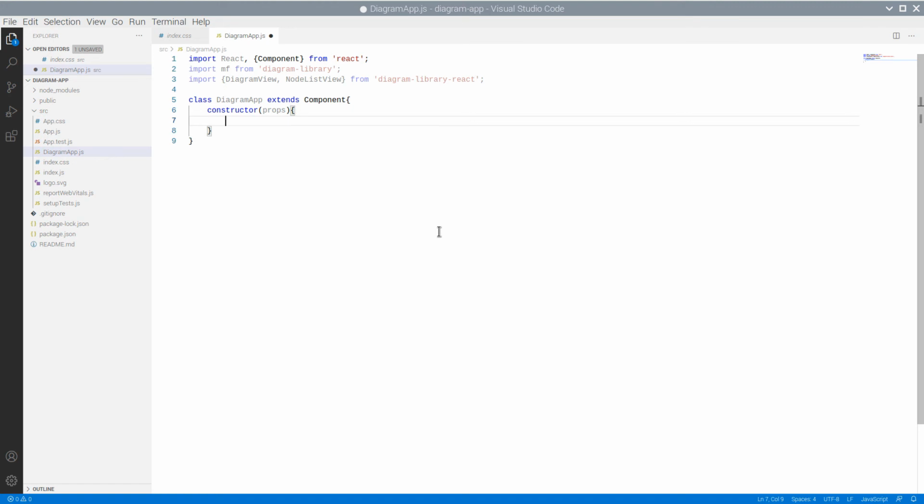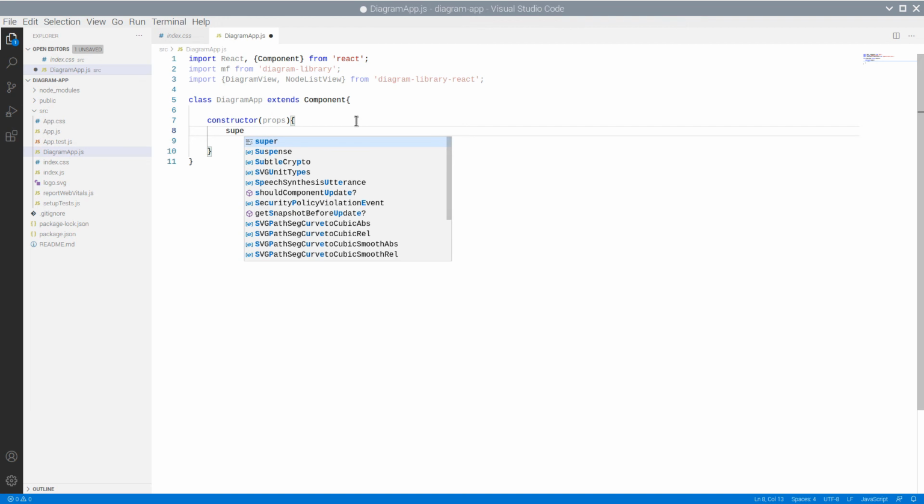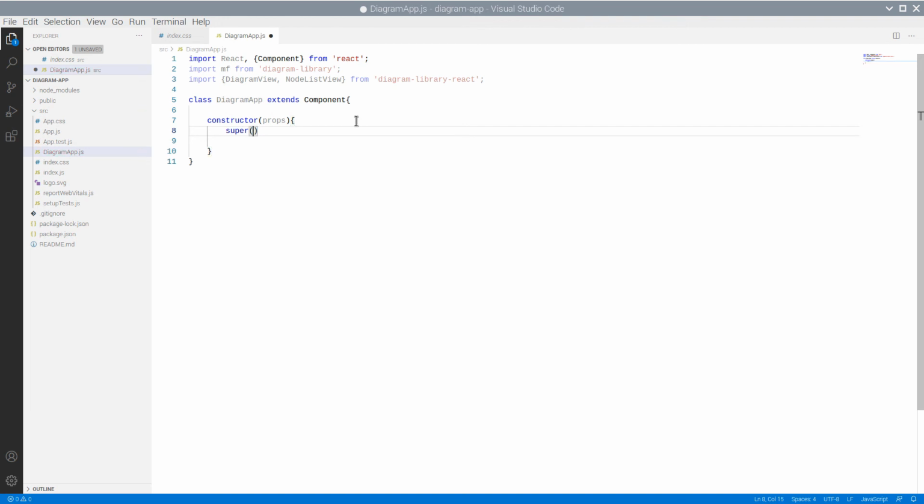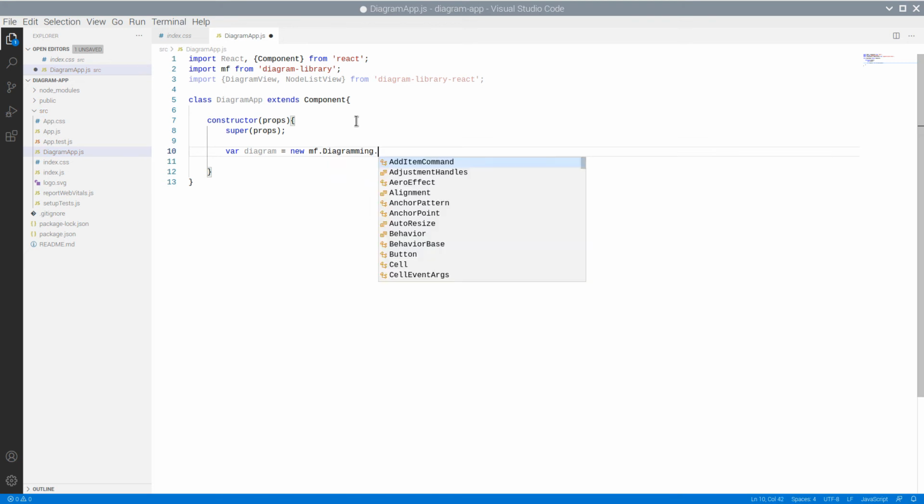We create the DiagramApp class, which is a React component. We have to make some initialization, so we declare a constructor. In it, we first create a new instance of the Diagram class, which is the de facto diagram area that you saw in the center of our application.